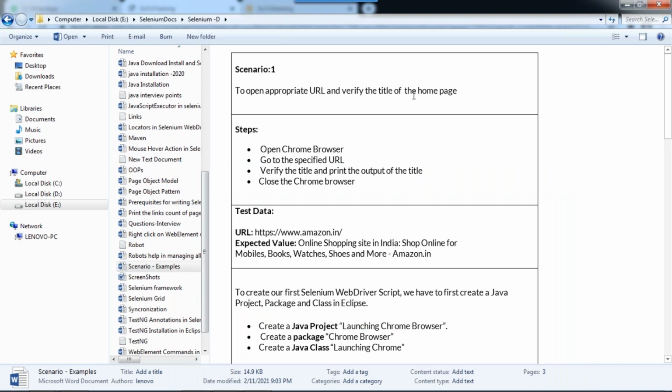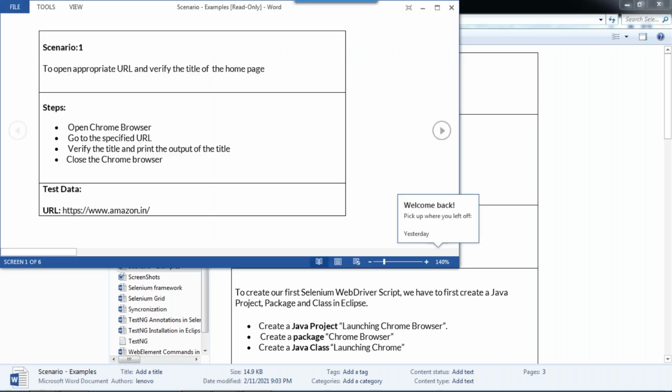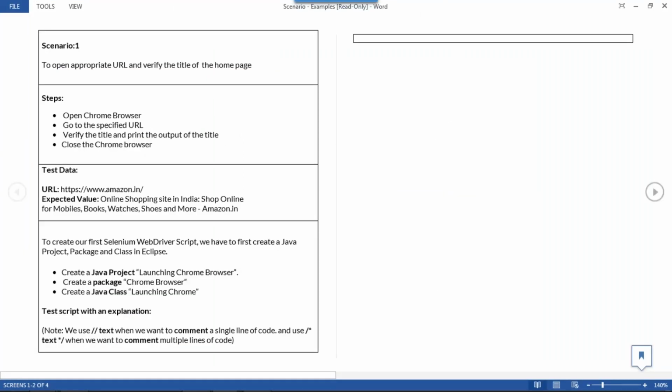See, what is the documentation here? Scenario one: open the URL and verify the title of the home page. The steps: open the Chrome browser, go to the specific URL, verify the title, print the output, and close the browser. They will give you scenario-wise documents.